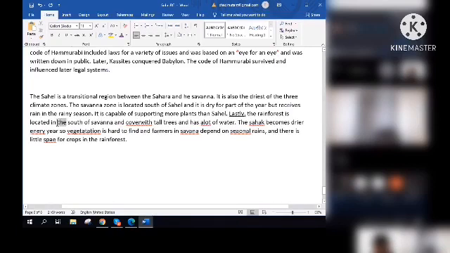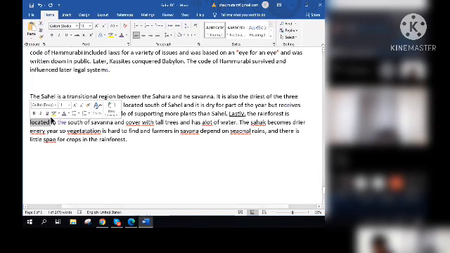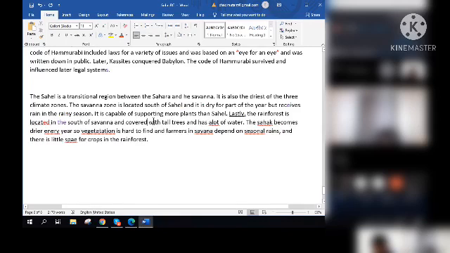Add the article in, and you use this with ed. So cover will be parallel, or the same, so we also add ed. And covered with tall trees and has a lot, put a space there, a lot of water.